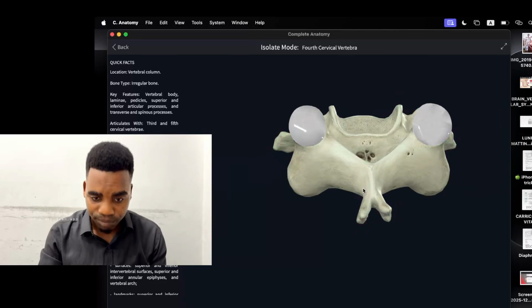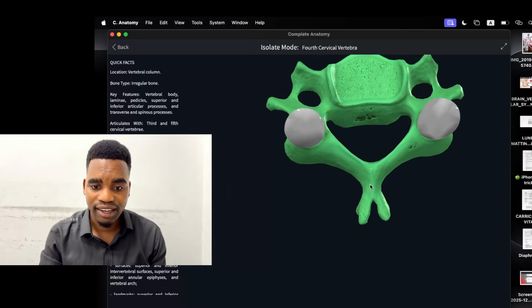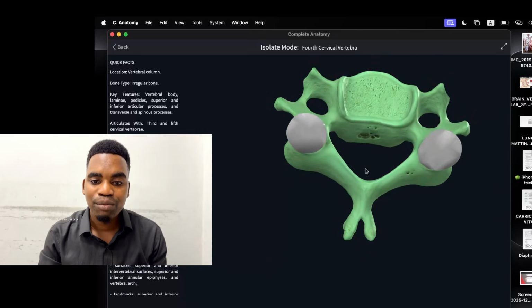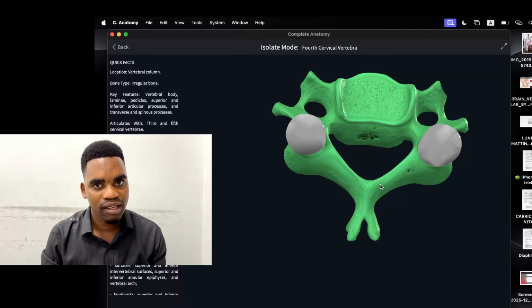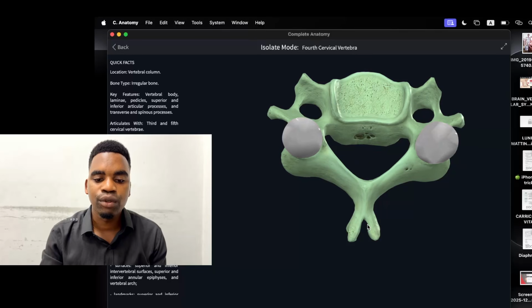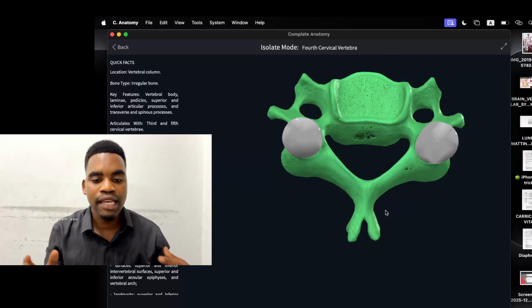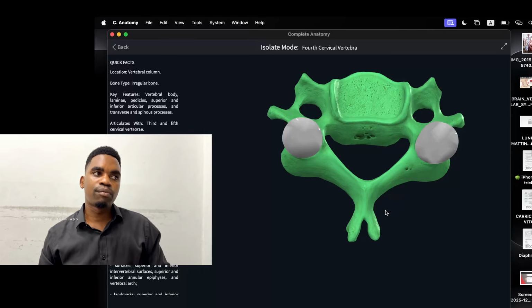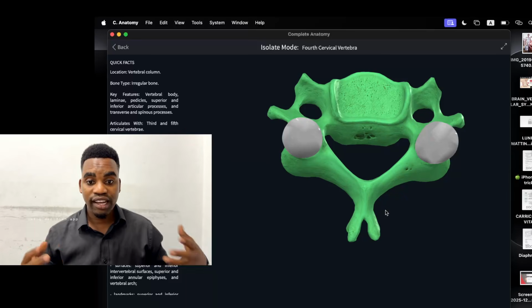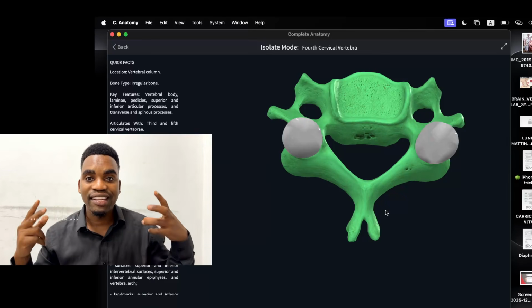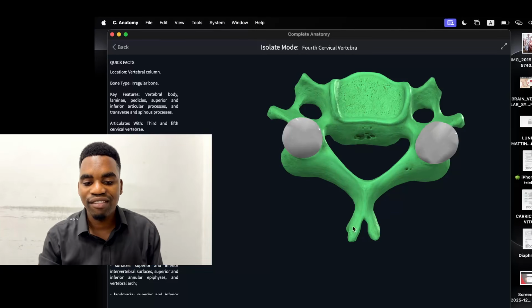On the other side, posteriorly, we have the spinous process. The spinous process of the typical cervical vertebra is expected to be short, but most importantly bifid. Expected to be short and bifid. But the bifid spinous process is expected mainly in the European population. White people, but especially white men. So white men, they have this bifid spinous process,